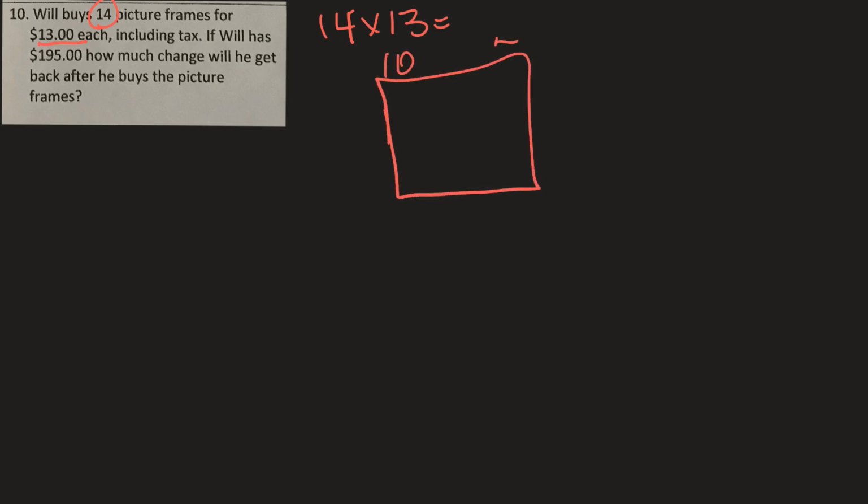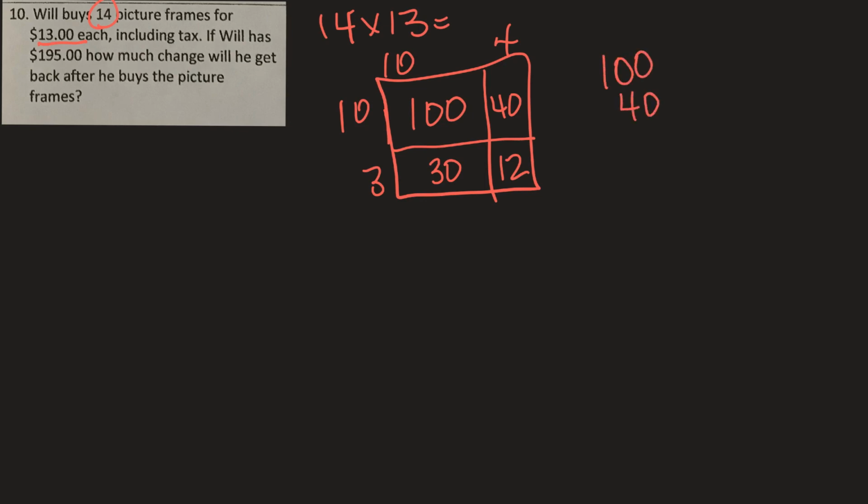So that's 10 plus 4 and 10 plus 3. 10 times 10 is 100. 10 times 4 is 40. 3 times 10 is 30. And 3 times 4 is 12. So I add those together. 100 plus 40 plus 30 plus 12. And that's 182. So the total cost is going to be $182, but the question is, if Will has $195, how much